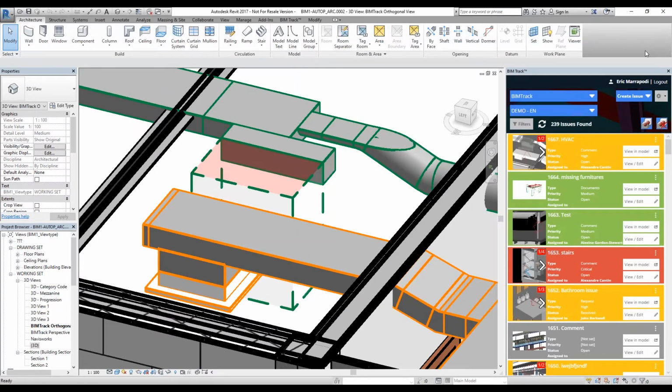So I'm going to give you a different example of how to create different issues on a project. First one will be from Revit, how to create an issue in Revit and see it in 2 different softwares. And also how to share some clashes from the clash report from Navisworks. So first of all, I'm going to update my viewpoint